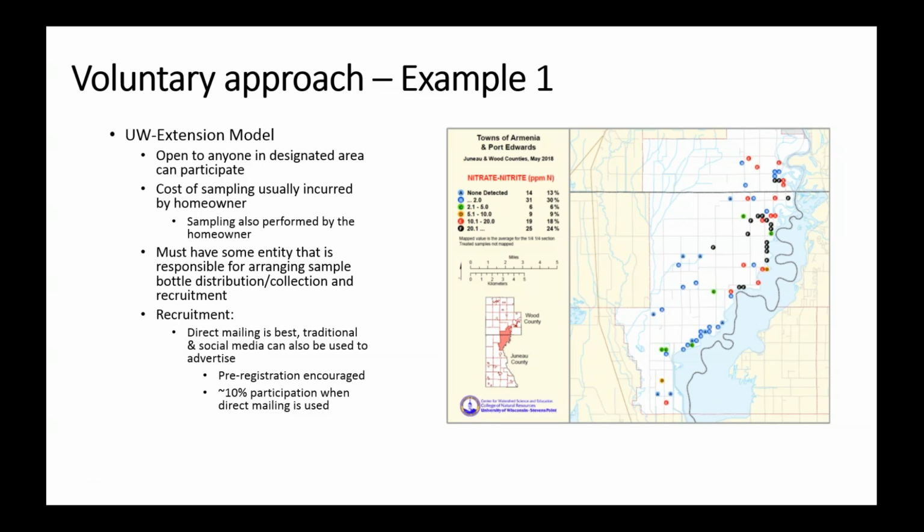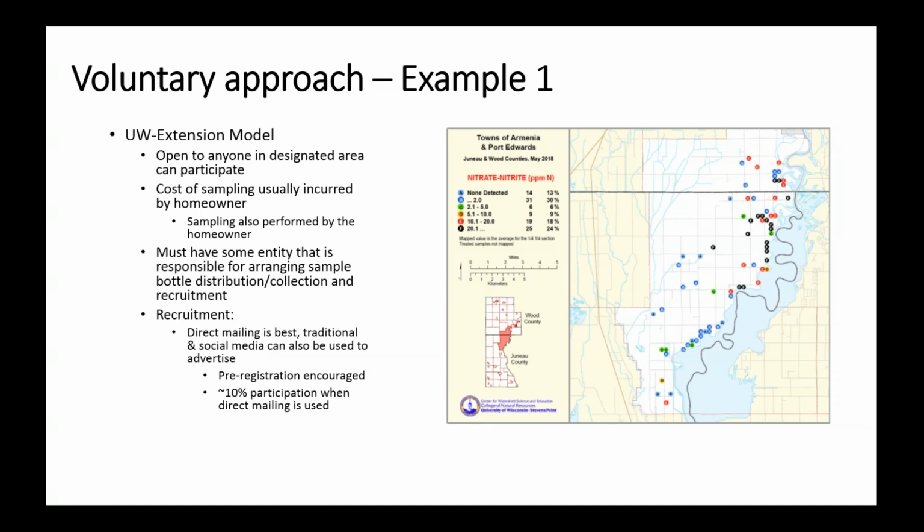That is definitely the best approach. The places where you rely solely on maybe print or radio media generally don't get as good participation as a direct mailing would, where those people have all the details right there in front of them. For these programs, pre-registration definitely works well. And in a well-advertised program, we might expect about 10% of households in a targeted area to participate. And that might not sound like a lot,